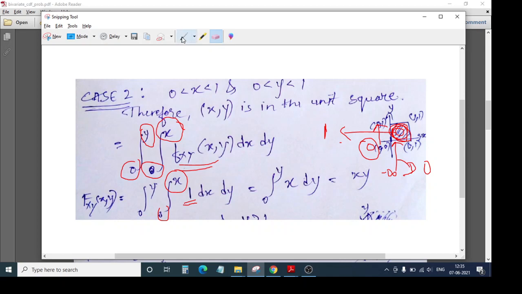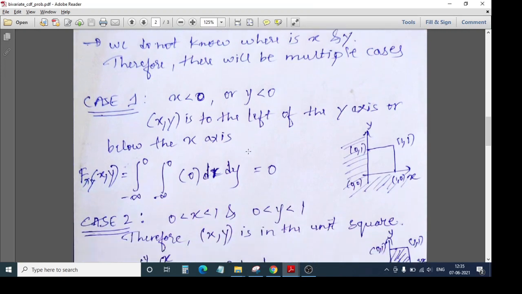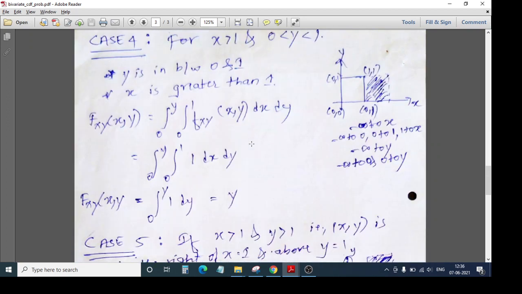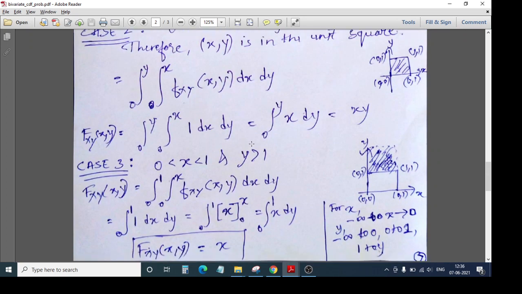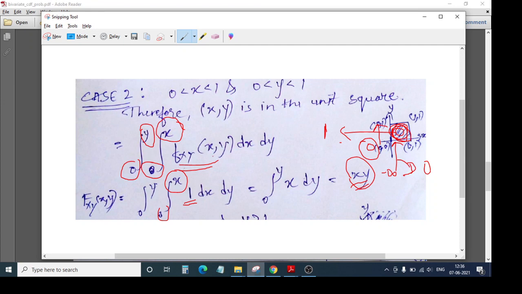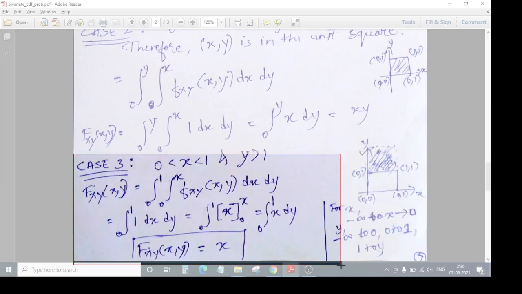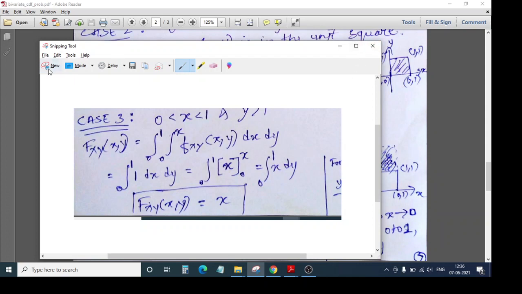So what will we get? We will get our answer as y. This x was there already, so the total answer is xy. So if we observe the second case, the answer is xy. This was your second case, friends. Moving ahead with the next case, case number 3. We'll try to debug case number 3 now. Please concentrate. It is a bit of a tricky problem, but not a difficult one.